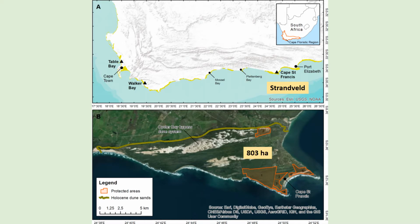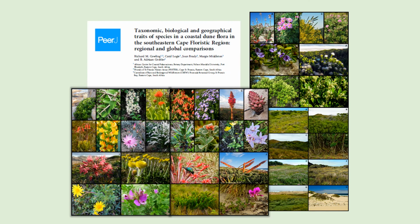Secondly, we sampled an area of about 803 hectares in order to compile the flora of our region. We focused on protected areas, so we looked at the four Foster reserves. We also looked at Rocky Coast Farm, as well as the Lynx Reserve, which included a bit of the Oyster Bay bypass dune. The flora of our region has been published in an online, peer-reviewed research paper, produced by myself